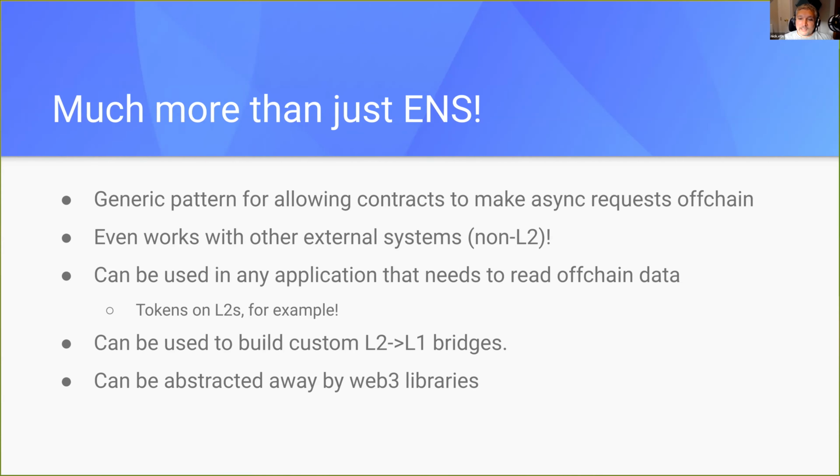The only limitation here is that the contract that made the call has to have some way of verifying the accuracy of the data that's returned. This isn't a magic secret sauce that lets you fetch data trustlessly unless you already have a way to verify that data. So you could use this to fetch the current token price from an API, for instance, but you're still going to need some way to know that the user that's submitting that call gave you an accurate value. But it can be used on any application that needs to read off-chain data.